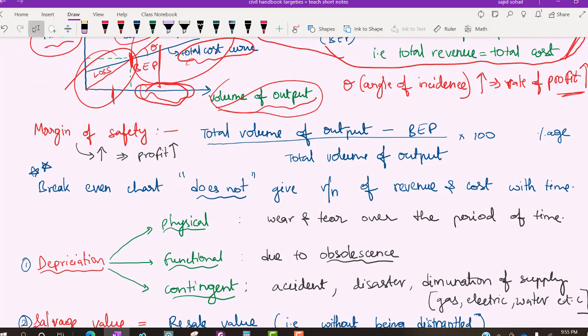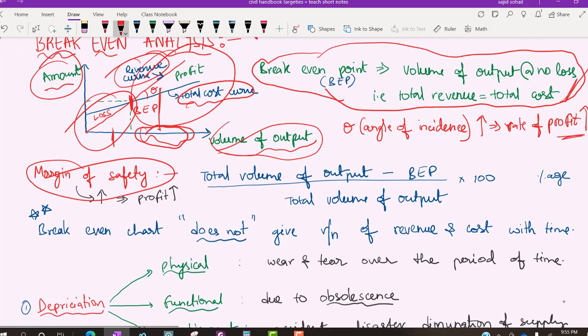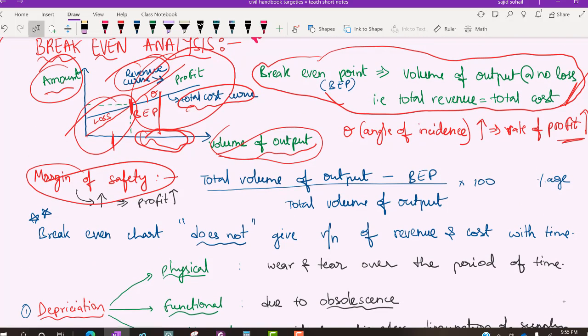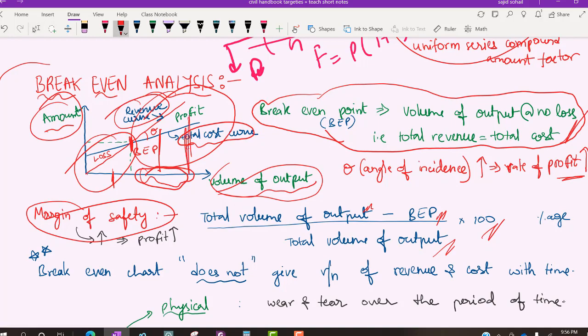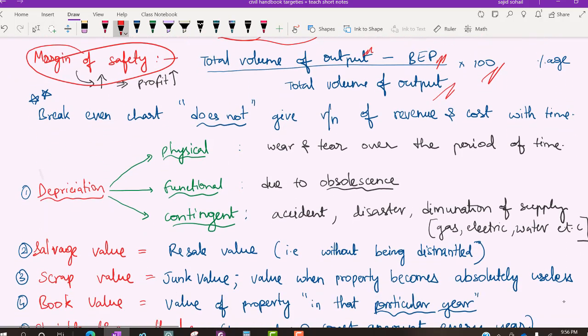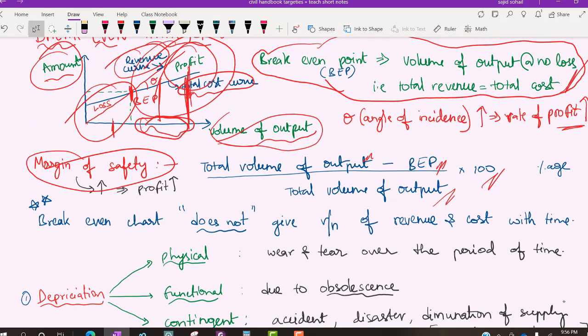So there is one more formula. What is margin of safety? ऐसे भी पूछ सकता है क्वेश्चन में. So what is the margin of safety? It is nothing but total volume of output minus break even point का output divided by total volume of output into 100. This will be your margin of safety. That represents, to be on a safe side, how many materials you have to sell. If margin of safety is more, okay, अगर margin of safety आप ज़्यादा consider कर रहे हो, that means you will be earning more profit. Common sense की बात है, right? I hope you got it. समझ में आ गया concept.